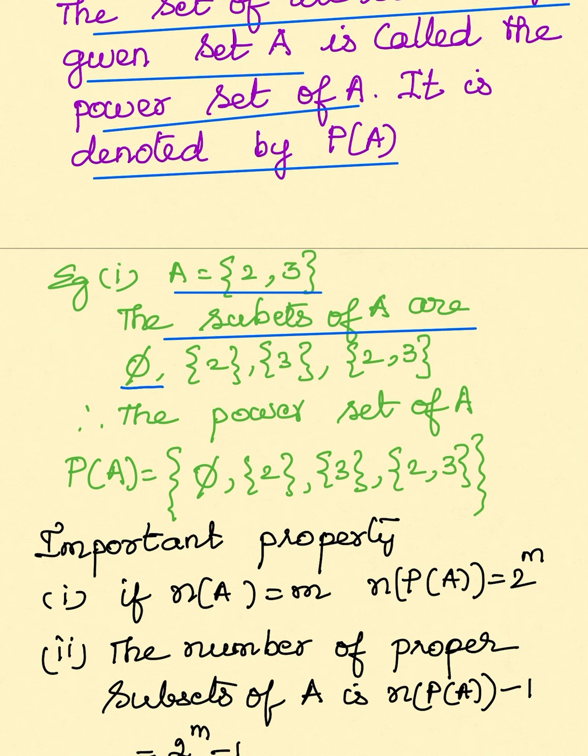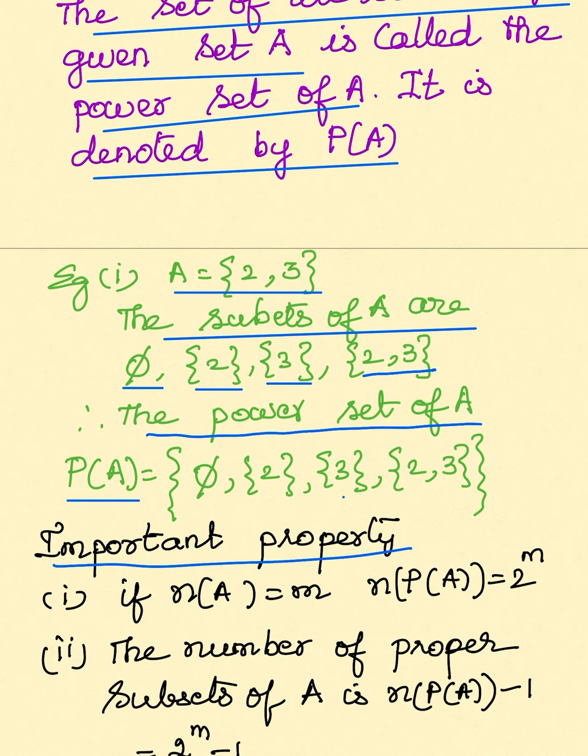So the empty set will be a subset. A set with one element, say 2. A set with the next one element 3. And the set with both the elements 2 and 3. These are known as subsets. What is the power set? Power set is a set of all subsets. It is denoted by P of A is equal to, write all the subsets inside: the empty set, set with element 2, set with element 3, set with elements 2, 3. So we write it inside the set. So each subset is itself an element of the set. That is why you call it a power set.